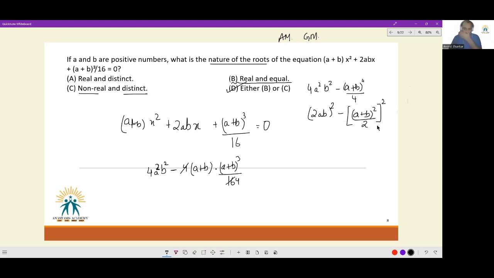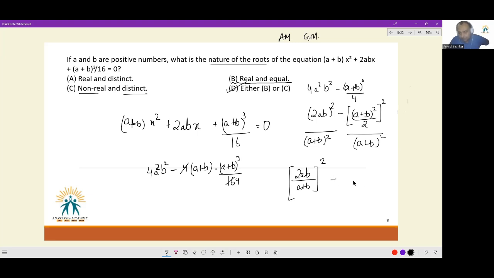I'm dividing both sides by a plus b whole square, and also this expression by a plus b whole square. The left hand side expression will turn to 2ab divided by a plus b whole square